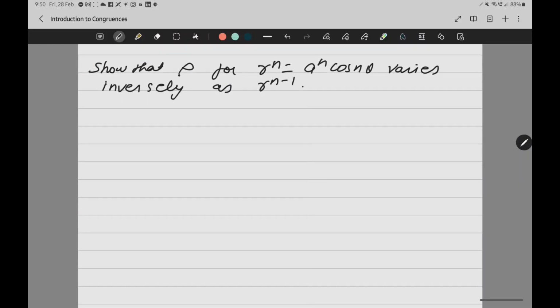Now there are 5 to 6 questions of this type where they change the curve and say varies inversely, varies directly, like that. I'll do one question for you and then the remaining questions I'll just read out so that you will have an idea. Okay. Now let us start with this question.